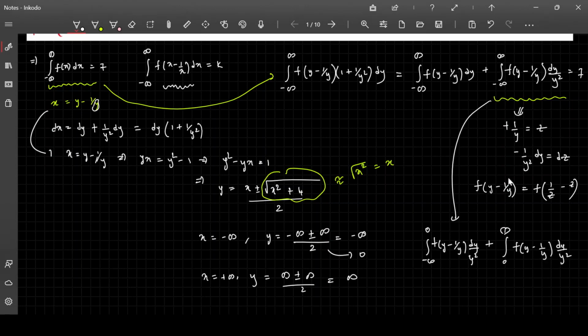Fine. And now substituting the required limits: if y is equal to minus infinity, first of all let us take that case. If y is equal to minus infinity, then z will be equal to 0, isn't it? z will be equal to 0. And if y is equal to infinity, then z will be equal to 0 again. And if y tends to 0, I don't want to go in this method, but still I'm going with it, because y is equal to 0 you cannot put it, it's like limit y tends to 0. Fine, limit y tends to 0, this is the conventional method. So if that is the case, then z will actually tend to infinity.